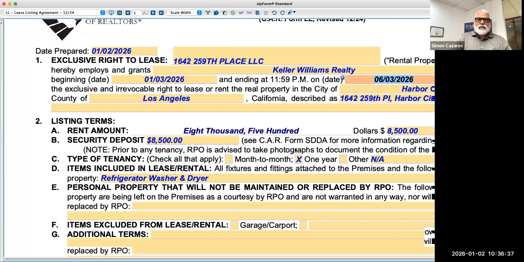Now, part of the process here, folks, that I want you to understand and be very diligent about is that there are additional advisories included as part of the lease listing agreement. You're going to see language in here that says SDDA, for more information regarding allowable amounts prior to